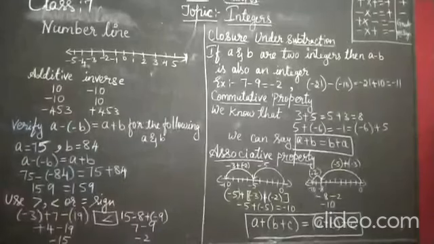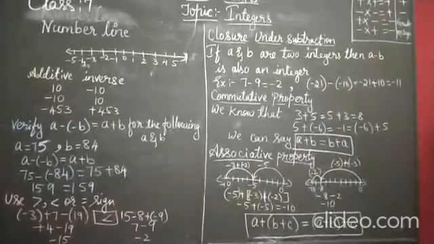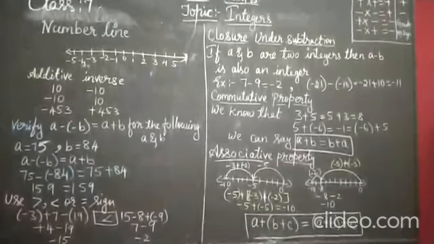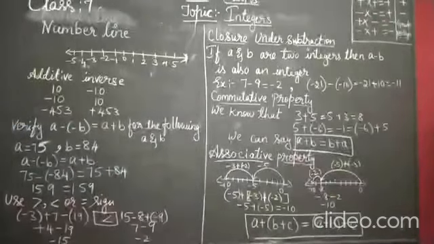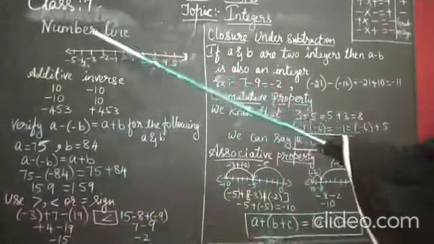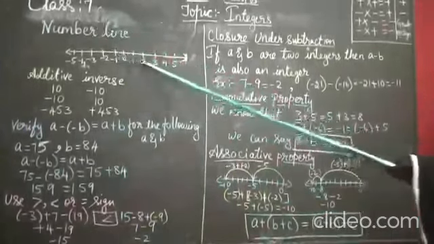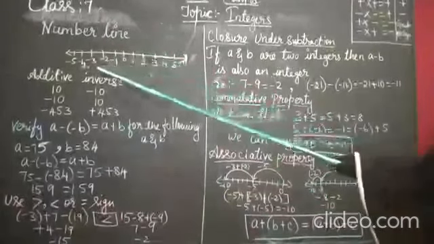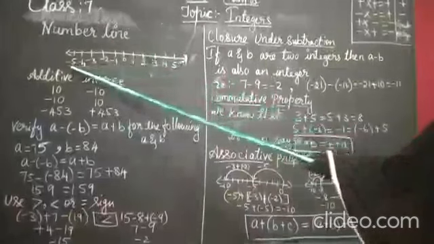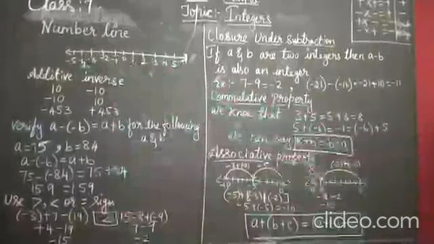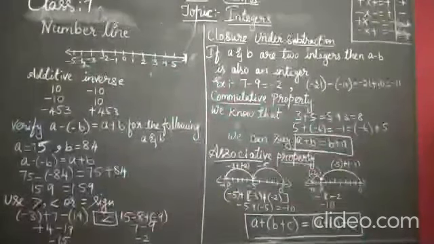The third, important topic you are learning is the integers. Integers include the natural numbers, whole numbers, that is positive and negative numbers. You can see the number line over here. It contains 0, positive numbers as it goes towards the right and negative numbers as it goes towards the left. Now in this chapter you are going to learn the addition, subtraction and a few laws of integers.